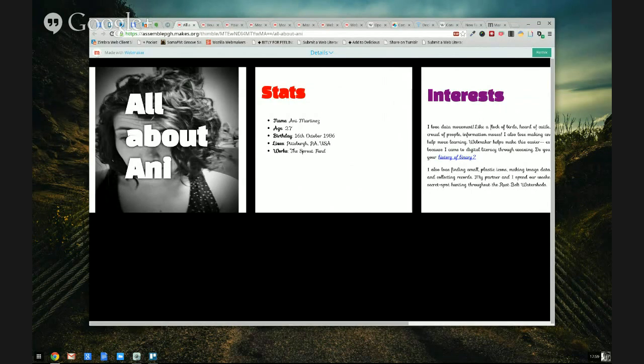So there's three Webmaker tools at the moment. There's X-Ray Goggles, which we haven't shown you yet. There's Thimble, and there's Popcorn Maker. So we're very much focusing on Thimble today because it allows you to remix things easily, and it also allows you to collaborate with other people. But do have a look at